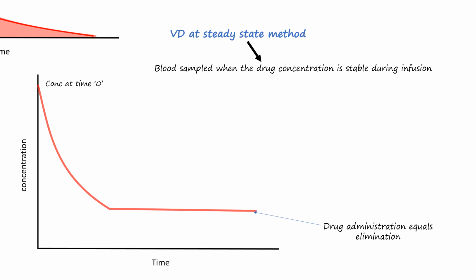Of all the volume of distribution we discussed earlier, volume of distribution at steady state is probably the most useful one for calculating the loading dose. The loading dose, after all, is the dose we give in order to achieve a desired steady-state drug concentration in